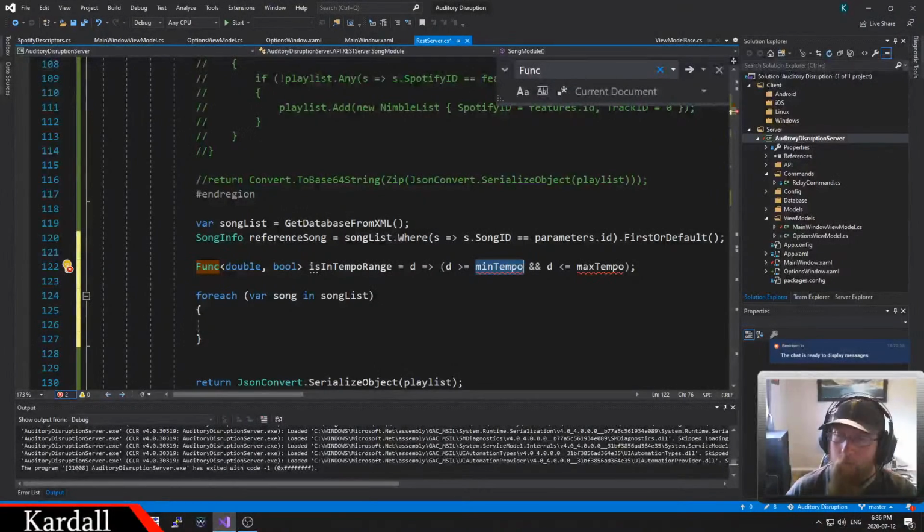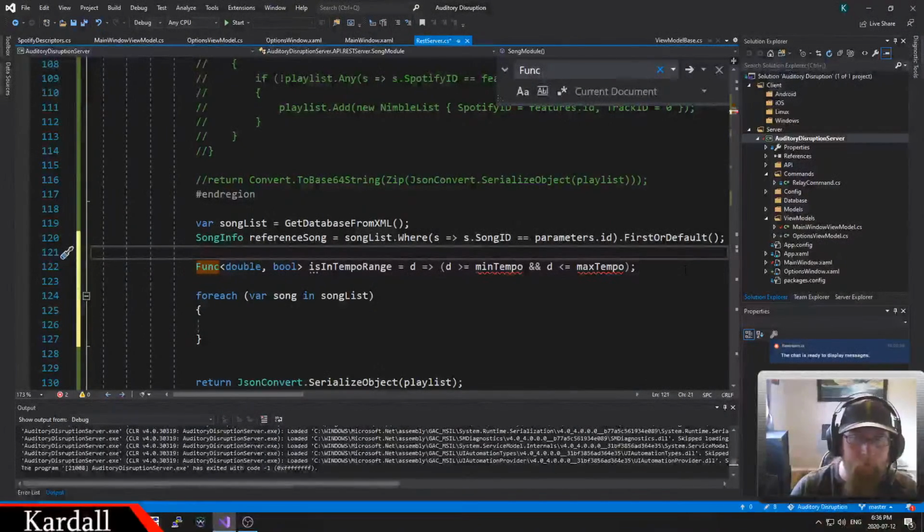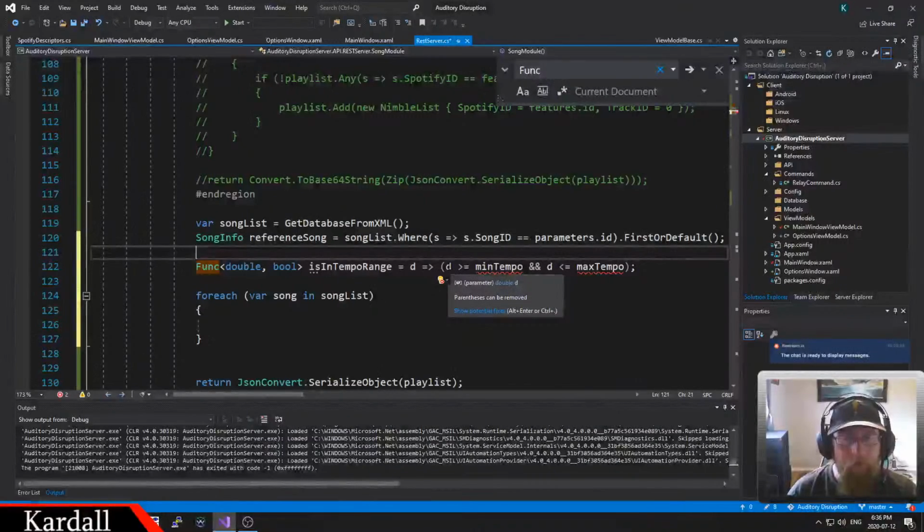Okay, the tempo is a percentage. Most of these are values, plus or minus, but the tempo, I kind of want to make it a percentage, because the tempo can vary from 10 beats per minute or whatever, all the way up to like 400. You know, there's a wide variety of music out there. So if we do, if the value we pass in is